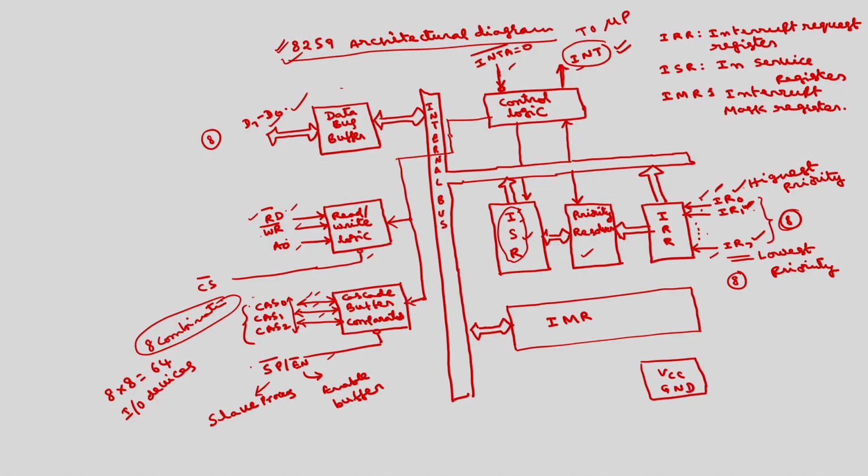These signals are basically cascading signals, and this is also used because it is connected to cascade control, this SP bar by EN bar. So, this is about the overall function of 8259. Similar to 8254 and 8255, here also we have some control load registers. By programming the control load registers, we can control the operations between 8259 and 8086. The details of the control load registers and how they can be programmed to service the IO requests we will discuss in the next lecture. Thank you.